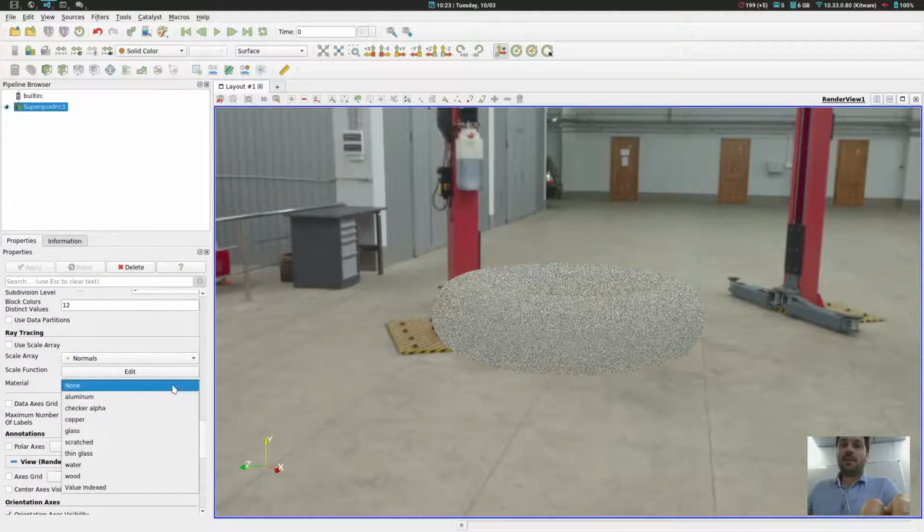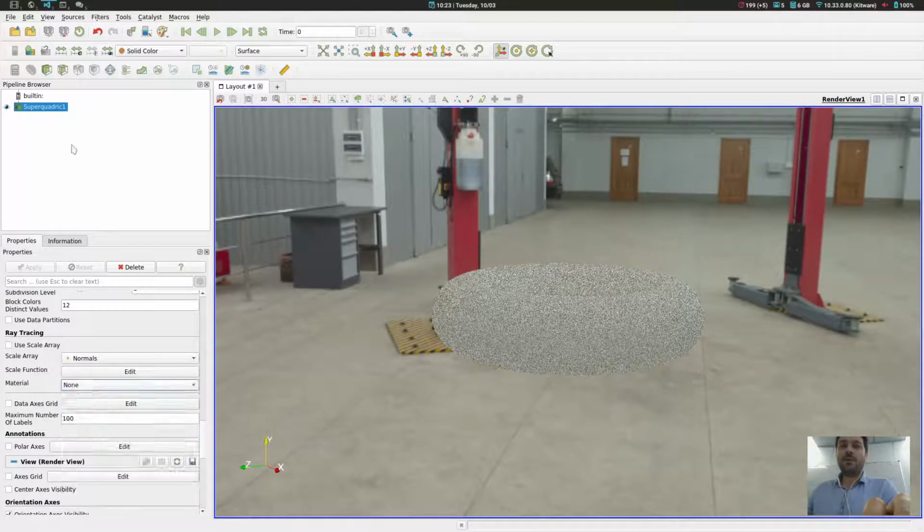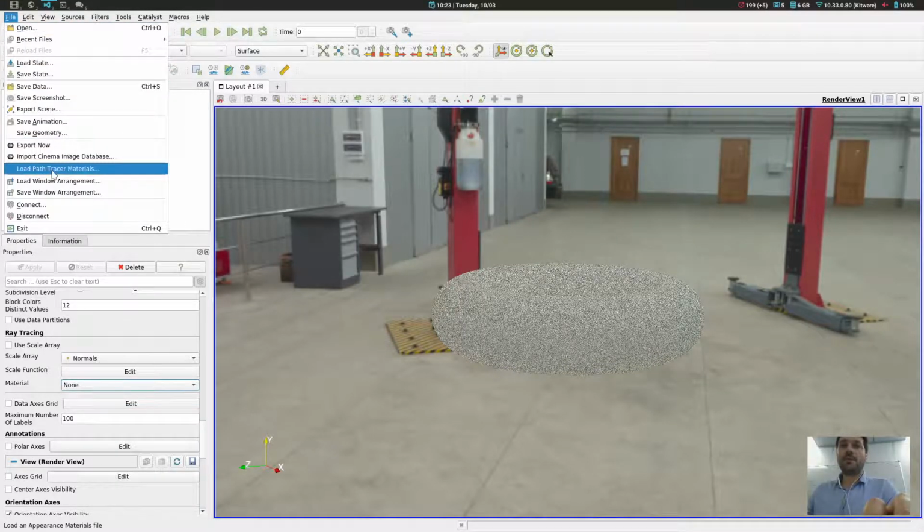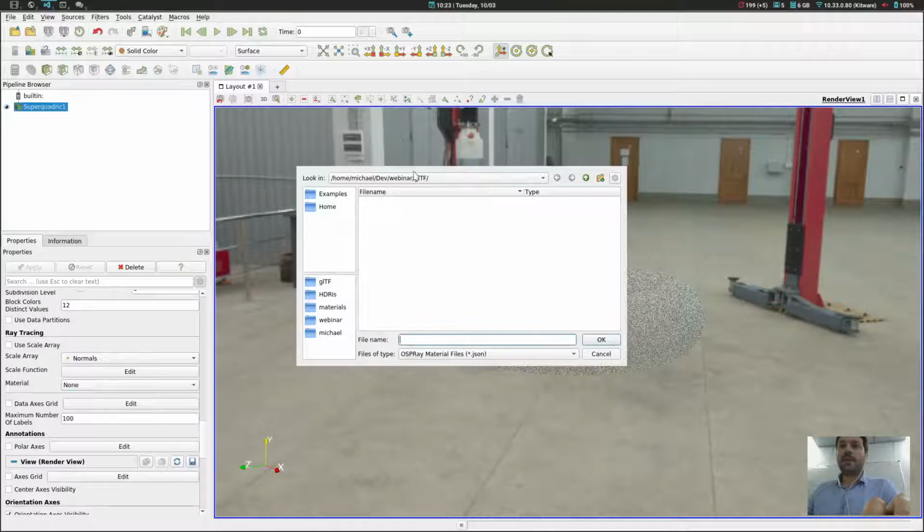So basically, you have here all the presets in ParaView. If you have built ParaView yourself, you should not have these presets. You can load it using a file, load path tracer materials, and select here a JSON file that will encode all the materials.